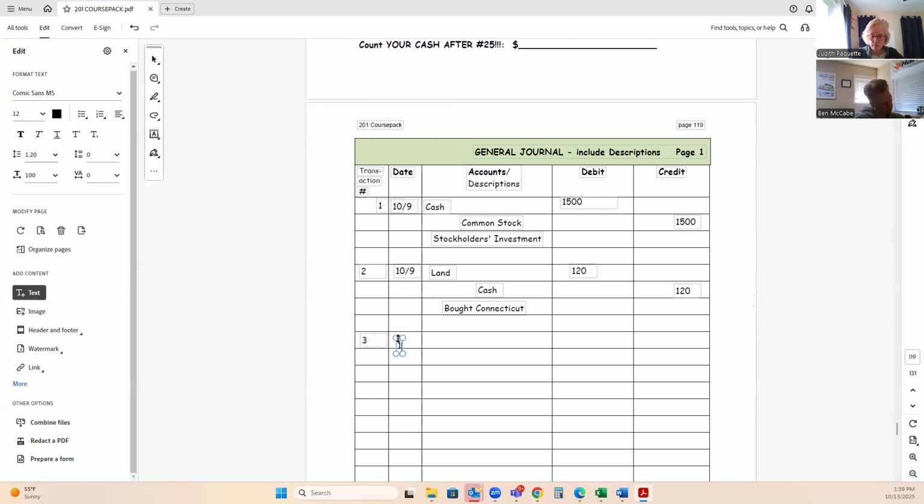I collected rent from Connecticut Avenue. Oh, wow, that was fast. Yeah. Okay, so was cash involved? Yes. Up or down? Up $8. $8 and debit or credit? Credit. So how do we increase assets? Debit or credit? Debit. Okay, so it's going to be a debit to cash of $8